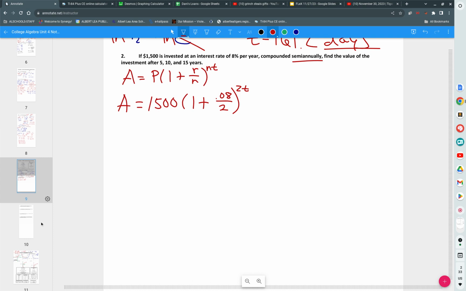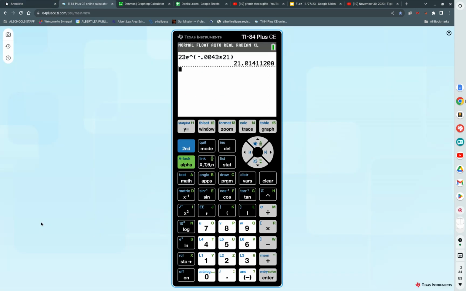Now, I don't want to have to do this 3 times. I want to do this really once and make it quick, okay? So it's 5, 10, and 15. I'll show you what I like to do in this situation. The amount is 1,500 times, and 0.08 divided by 2 is 0.04, so 1.04 raised to the 2t power. Right away, I go to my calculator, and I go into y equals. And when I'm sitting in y equals, I type in that function that I wrote, which was 1,500